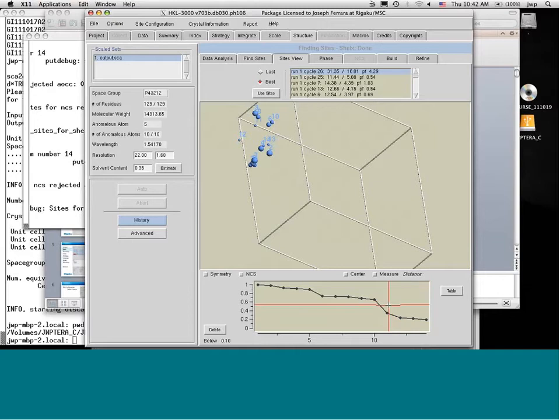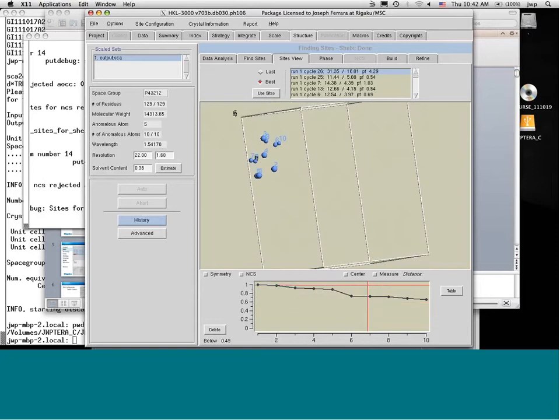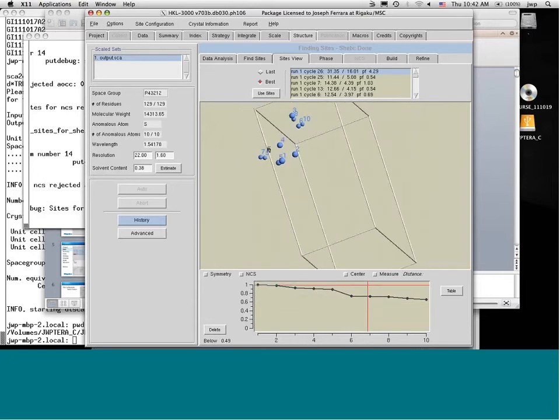For this particular lysozyme crystal, I know there's 10 sulfurs in it, and I know, but you don't know, that there's no chlorides in here. If there had been chlorides or other halides, you might have seen partially occupied sites trailing off here. So I click Delete, and this is the way of easily editing sites. You can get rid of these sites, and what helps confirm that this is probably the correct solution is